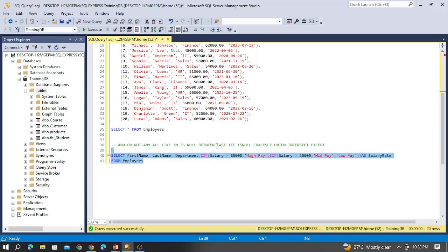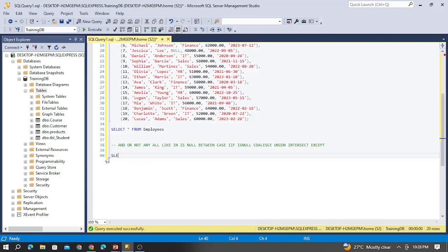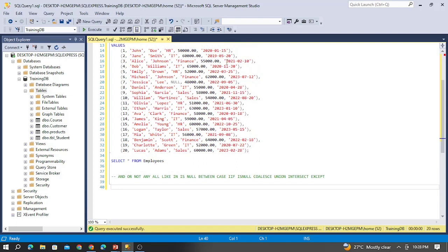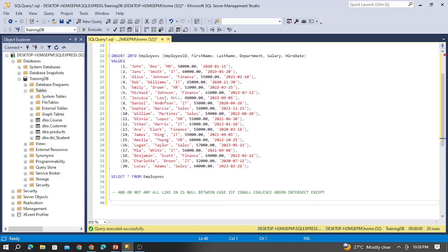There are case and if statements in SQL Server to perform these conditional operations, and there are is-null and coalesce operators in SQL Server. You can see how we can use those operators. So I need to provide the employee details along with the department names. If the employee has not been assigned to any department, I need to specify there is no department for those employees. In the select statement,